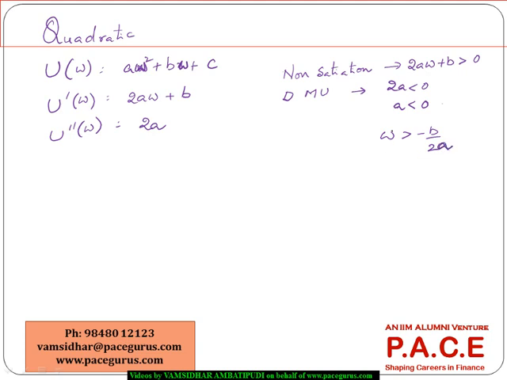W should be greater than minus b by 2a, and because a is negative, I could also see that w times 2a is greater than minus b, and w is greater than minus b by 2a, whereas a is negative. So what I could very well see is